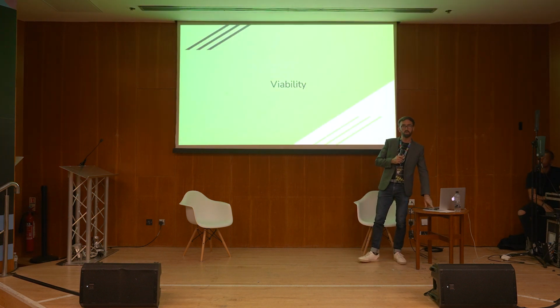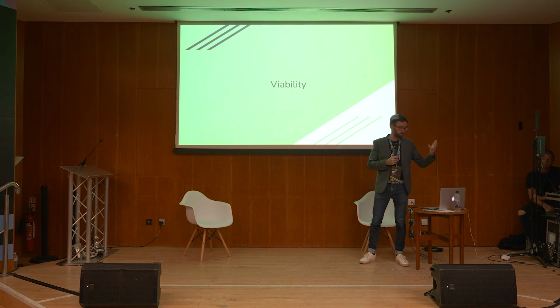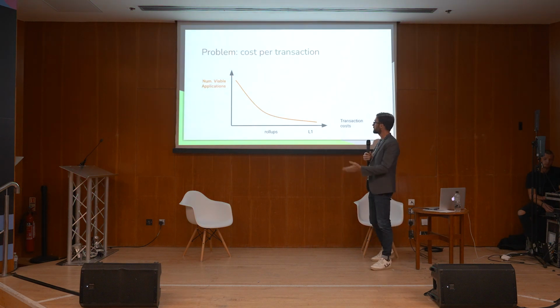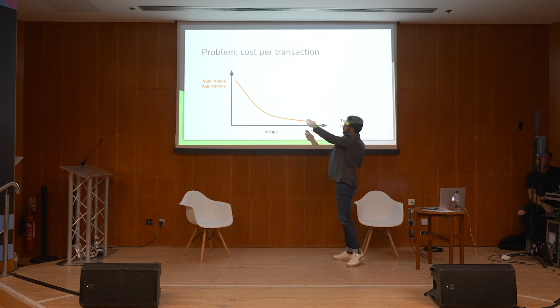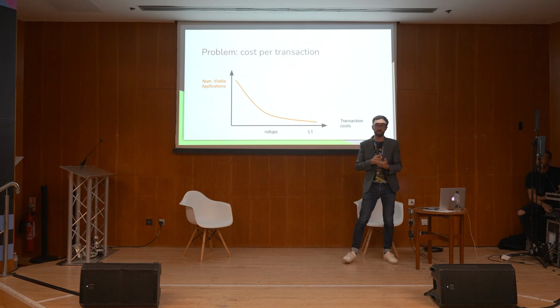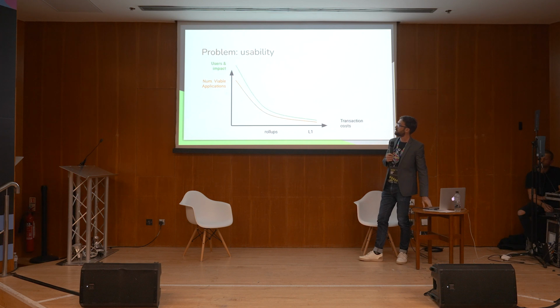So with that as the foundation, here is layer 1, layer 2. We want that to be usable. We want to see what's possible for what applications. So this is just an indicative chart: when you have the cost of transactions at L1 levels, they can be quite expensive, and so the curve would look something like that. The cheaper the transactions, the greater the number of viable applications there can be. And that's what I think we really should be looking at. On top of that, if you improve usability, you'll get more users and more impact.